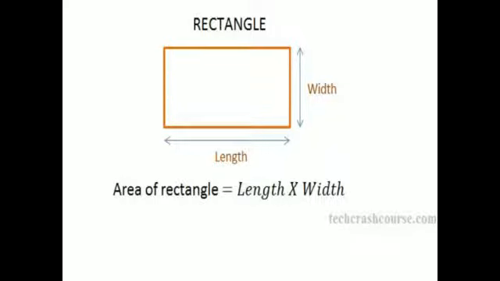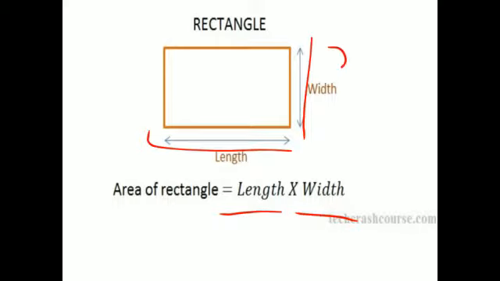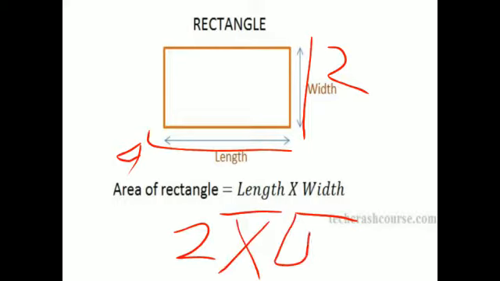Now rectangle. We can also measure the area of a rectangle. You know, a rectangle is the body in which length is not equal to its width. So here the formula is the same as that of a square, but as the readings are not equal, we multiply length by width. For example, this side is 2 meter and this side is 4 meter. We will multiply 2 by 4 and we will get the answer. 2 fours are 8 meters square.